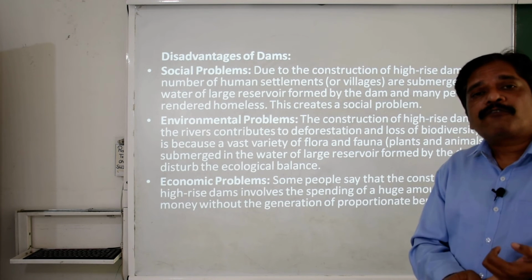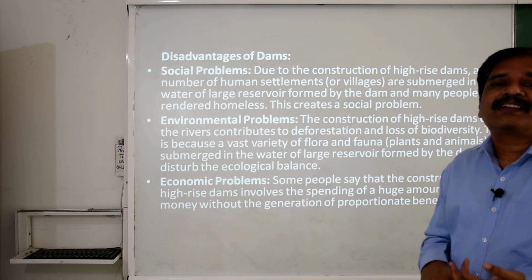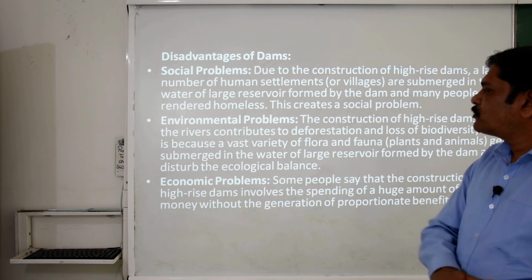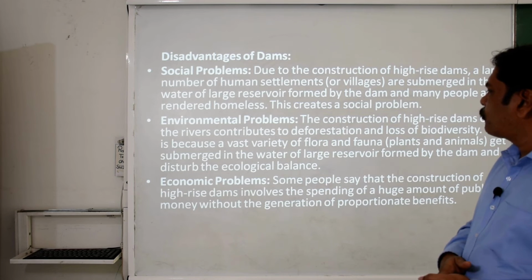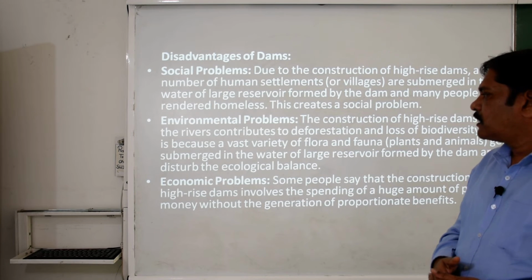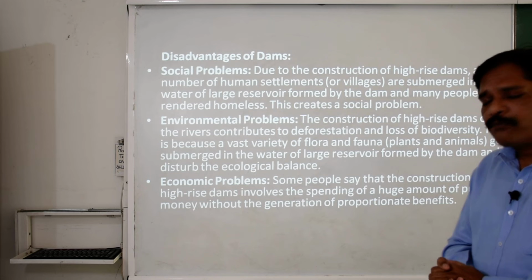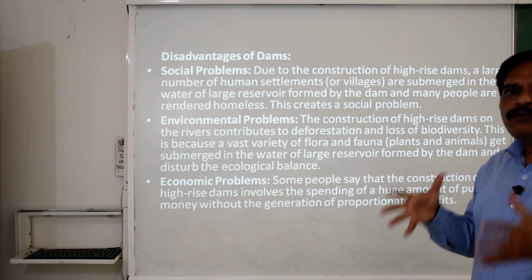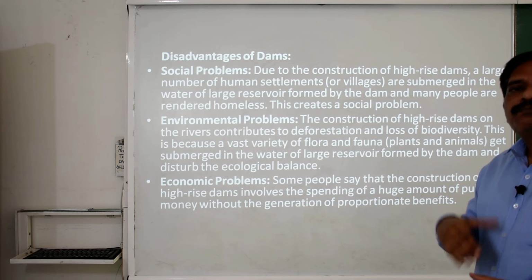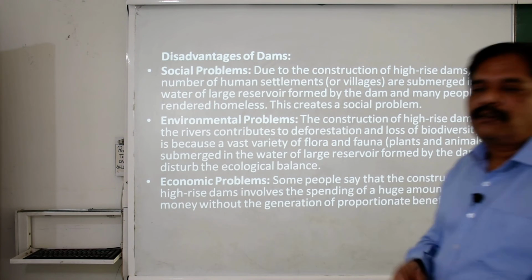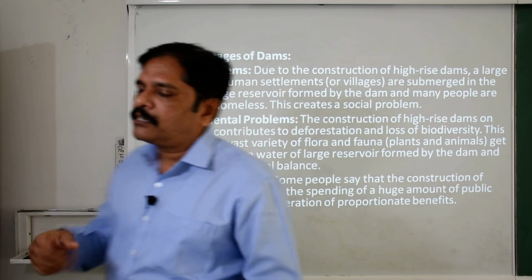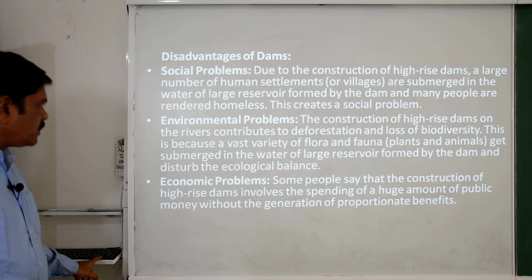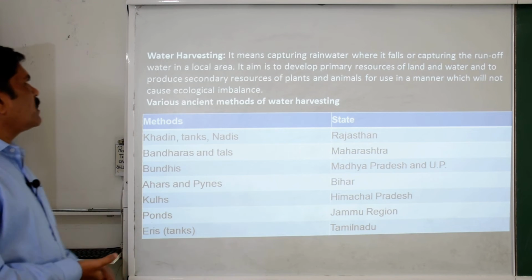It is responsible for the extinction of the rare species of such area. Okay, and it even caused a great effect on the flora and fauna of that area. Clear? Surely economic problems also arise because of this, because you know that the people who live in such areas depend purely on the land, forest and water for their livelihood. Okay, so surely it is going to affect them very badly.